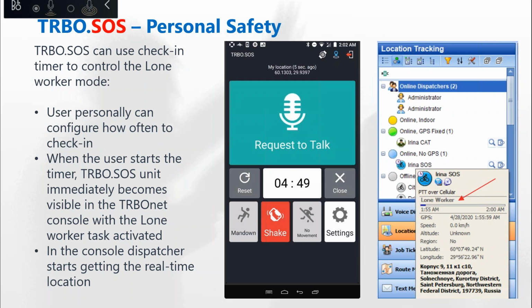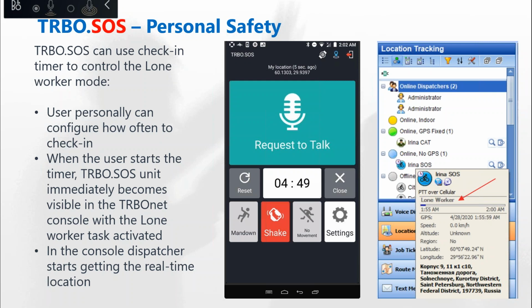So I connect to our cloud TRBONet, and I can put in a timer. For example, every 5 minutes, I need to reset the timer. If I don't reset the timer, my colleague or my emergency contact should receive an emergency call or email or message and should help me, because he will also receive my location, information about where I am, maybe my last route for this day, etc. And he can forward it to the local police to explain, okay, at this current point, she has a problem, please help her. So as you see, this product is to help people who are not part of our companies,